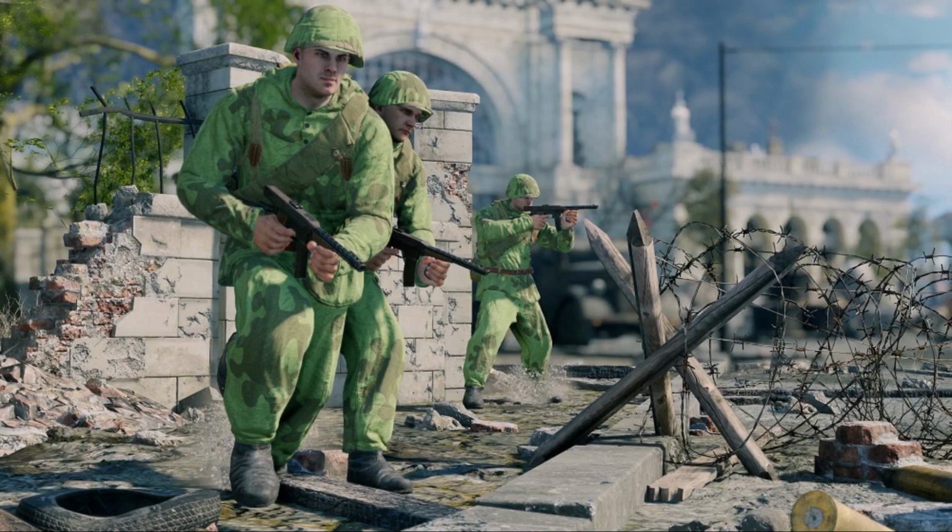So let's do a little bit of history on both the squad and the weapon. Now, the squad is actually the 34th Guards Rifle Regiment, which was a part of the 14th Guards Rifle Division, which was one of the elite infantries of the Soviet Union. It was first organised in January of 1942. It was basically a copy of the 96th Rifle Division, and it pretty much served mostly on the southern front,